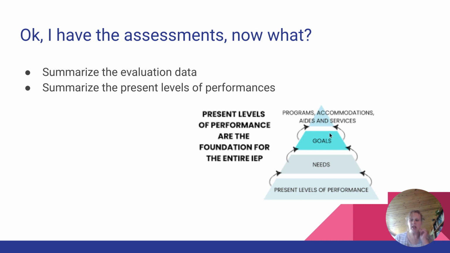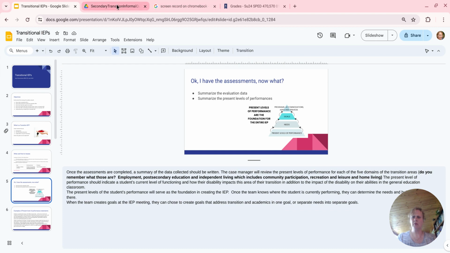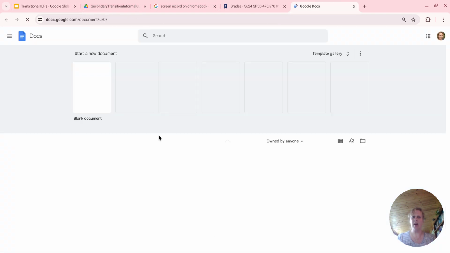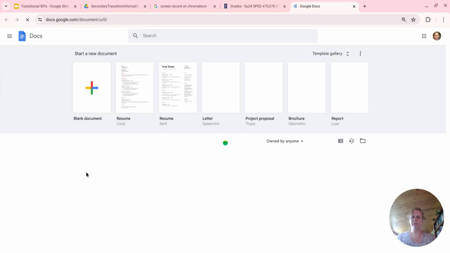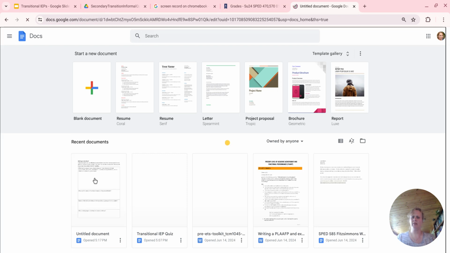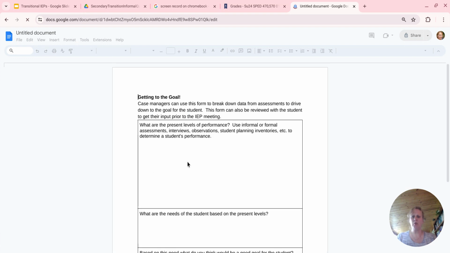What you're going to find in your packet handout that I've got for you is a document that follows that same format. It starts out with that larger box up top showing you what the present levels of performance are.